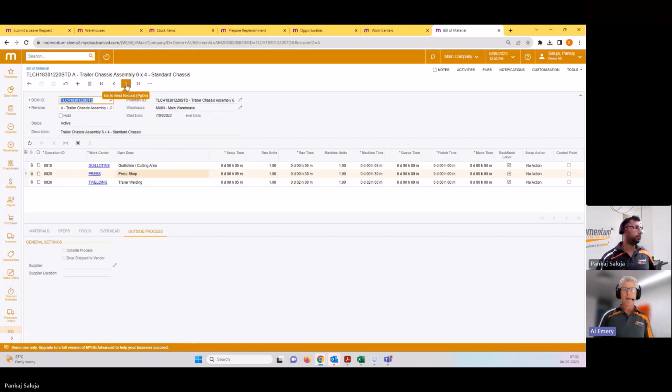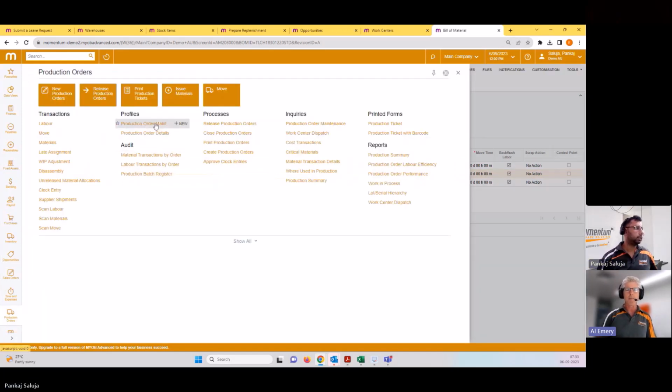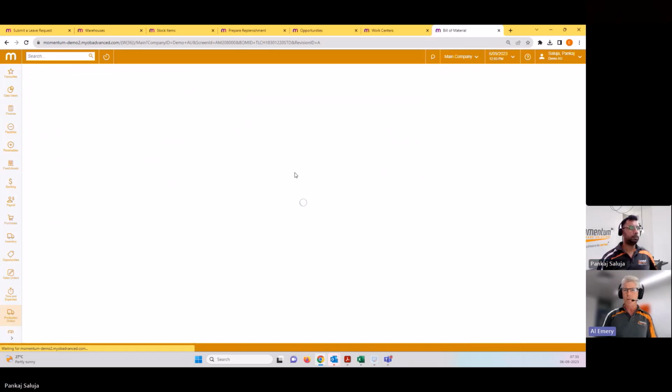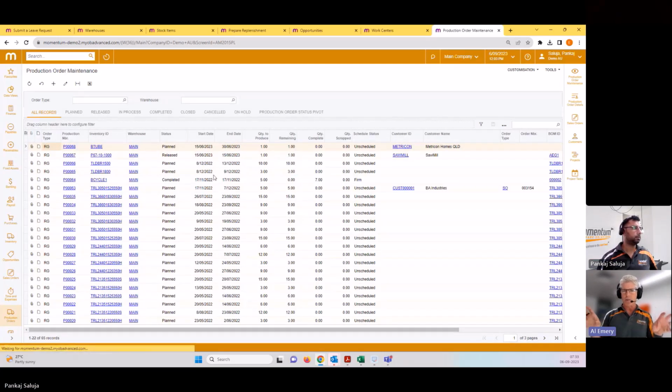Yes. Let's just go to a production order very quickly, Pankaj. Yeah. And we'll simply show one of the really nice things about manufacturing in Advanced, which is the actuals to budget on each production. So we can do a lot of scheduling. There's a graphical calendar board to allow you to do the scheduling, which we would cover in a specific manufacturing demo. But let's just jump into a production order very quickly